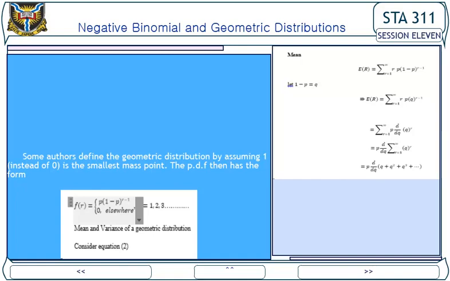Therefore, E of R is equal to 1 over P. Variance, E of R squared is equal to,